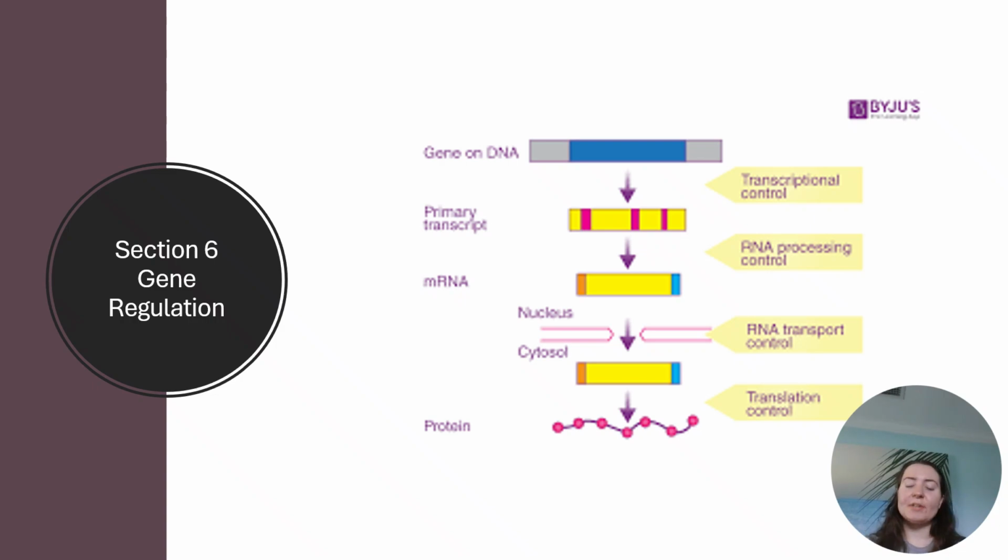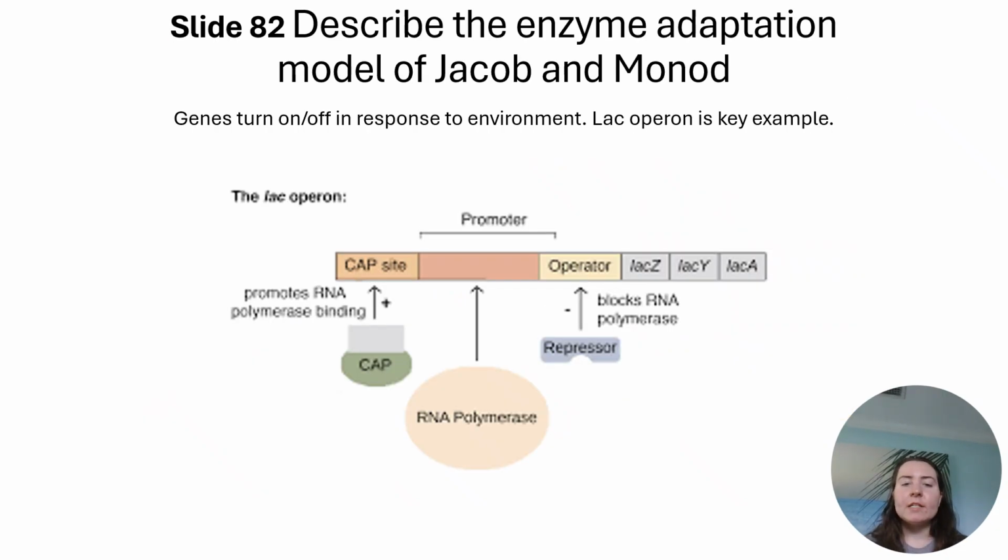Section 6, gene regulation. Describe the enzyme adaptation model of Jacob and Monod, I don't know. Genes turn on and off in response to the environment. The lac operon is a key example, and you can see that there's all these,